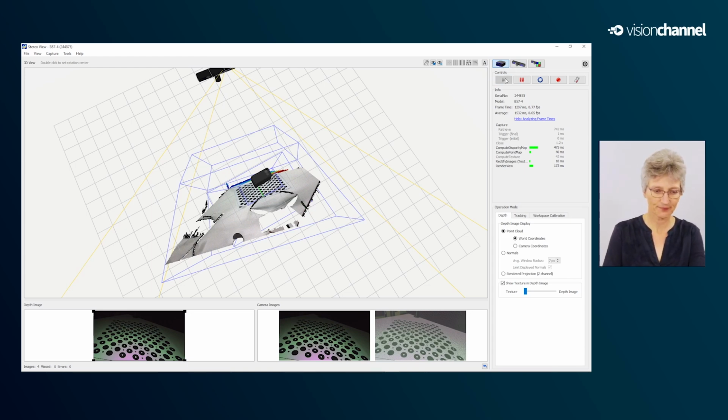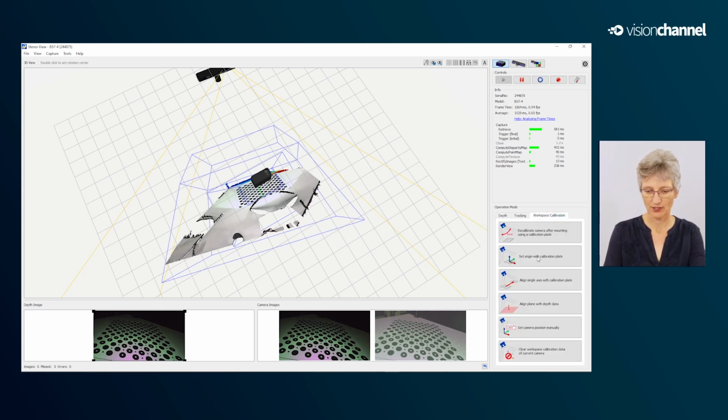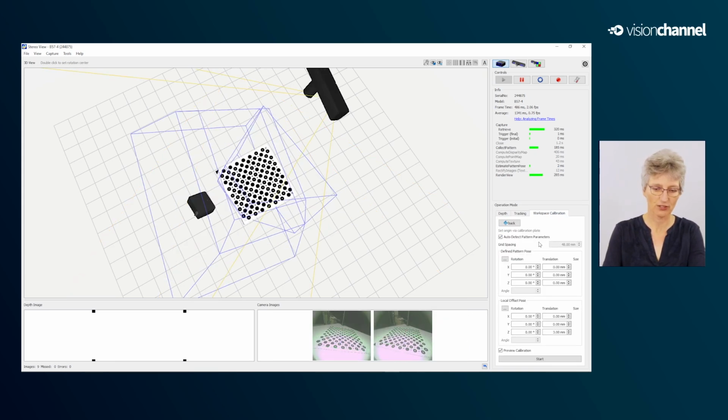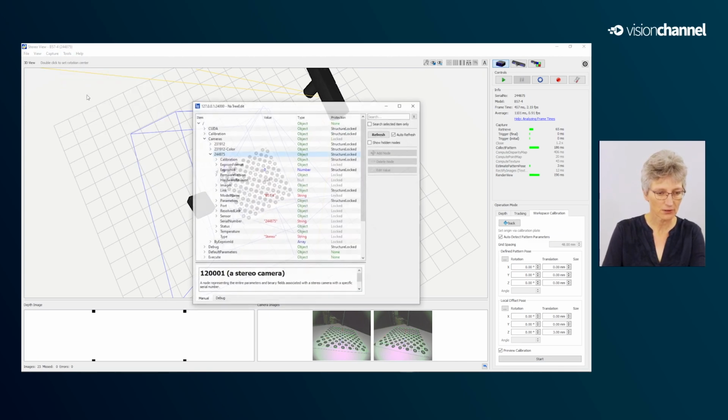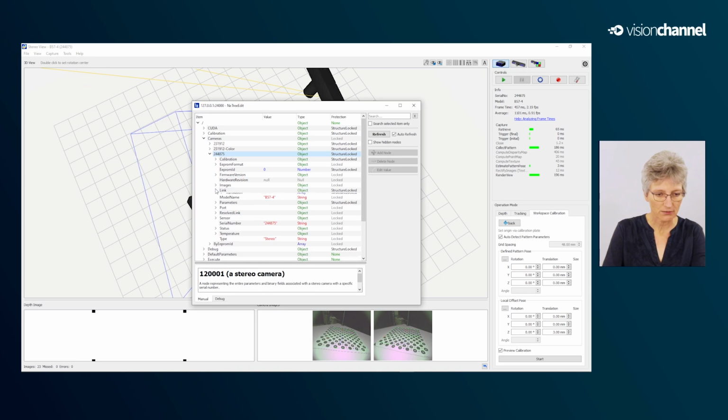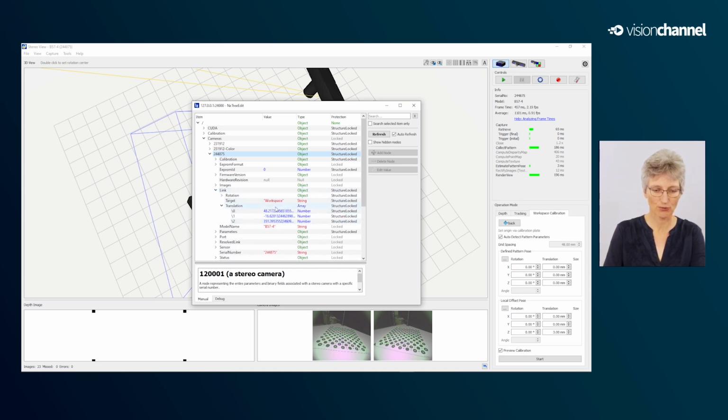And I start it, select workspace calibration, and set origin with calibration target. Then I go to start here. Storing link, that's fine. Let's check. So we have here a link transformation for our workspace.